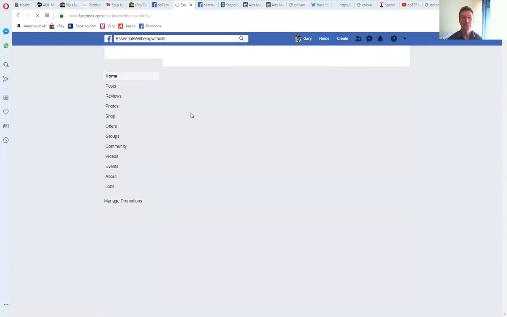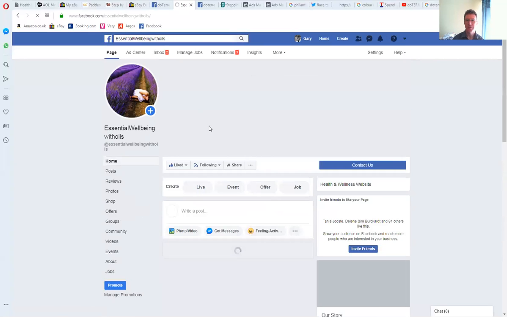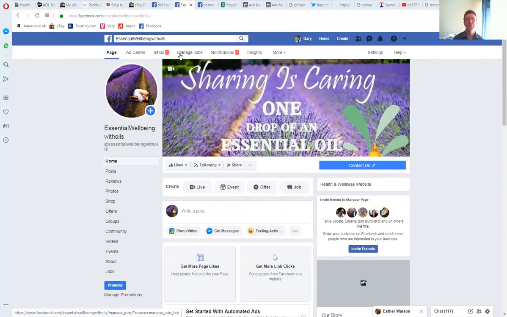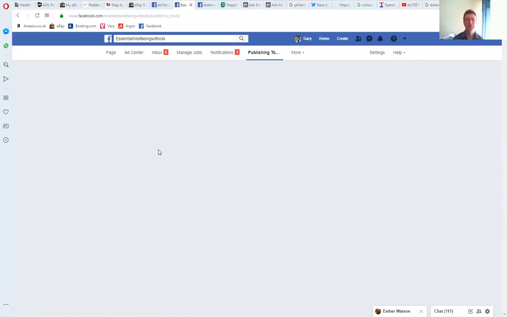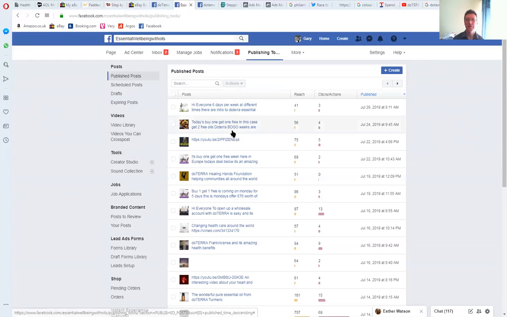Okay, next thing you need to do to create the form is go to your actual page, your doTERRA page itself. My computer's running a little bit slow now. And along the top, you've got page, ad sender, inbox, manage jobs, insights. There, on my computer anyway, on Opera is publishing tools. Okay. So this is where it's going to show you